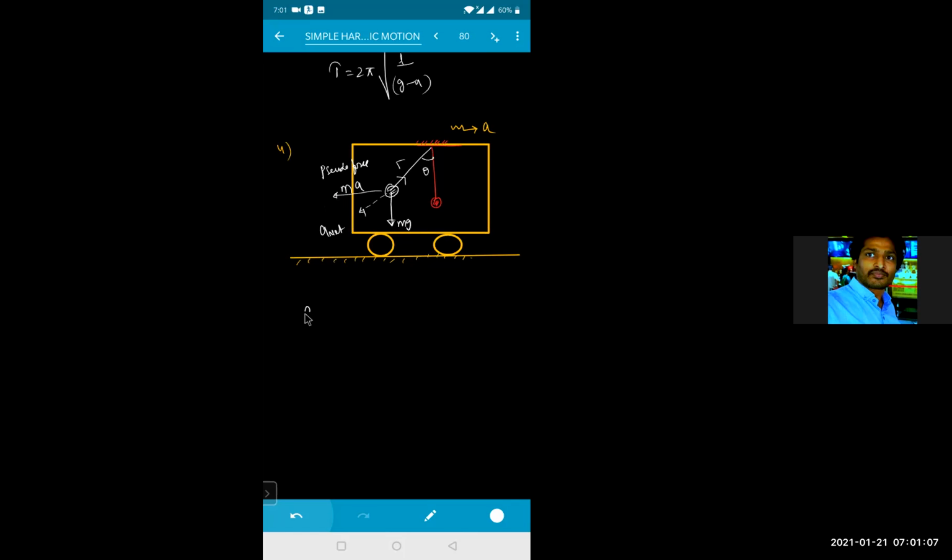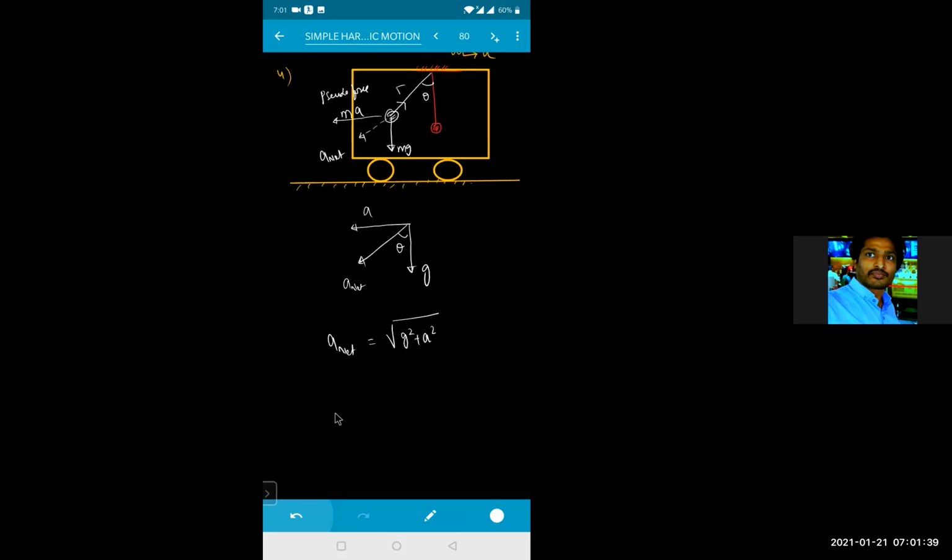If I need to calculate net acceleration, tell me what are the two accelerations acting on this body? This is one acceleration A in this direction. Another acceleration is G in this direction. The net acceleration will be A net, and it is making an angle of theta right now. So how do you write A net? Like a parallelogram of vector addition, A net is equal to under root of G square plus A square plus 2 into G into A into cos 90. Cos 90 is 0, so net acceleration is under root of G square plus A square.